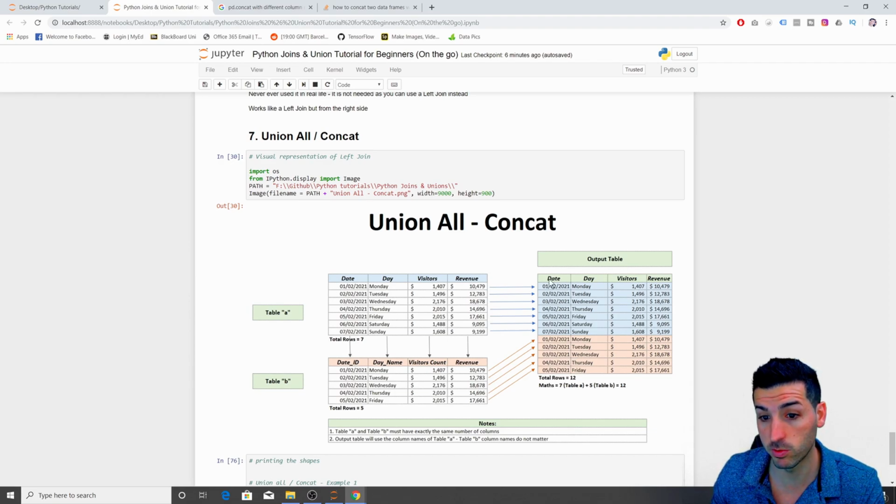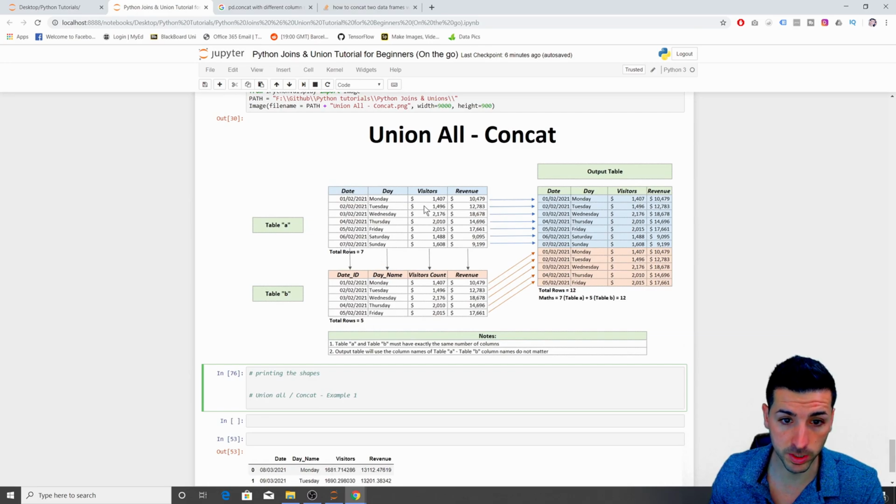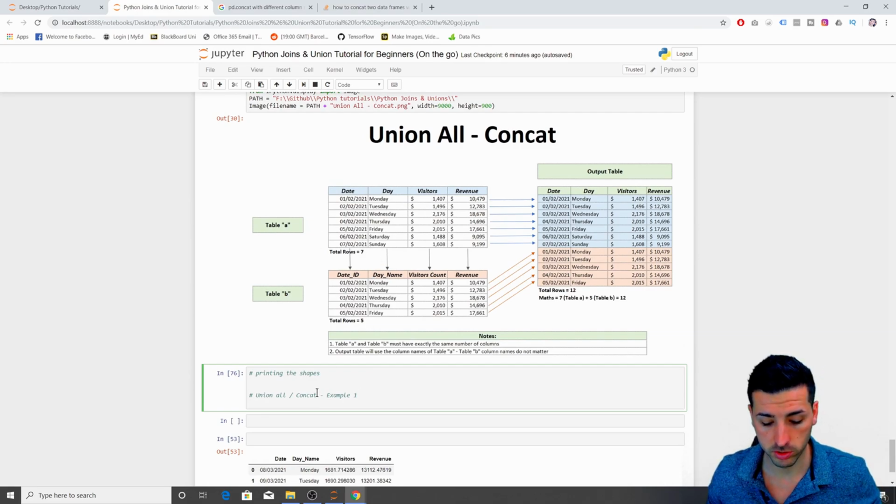In Python it was going to work fine as date, taking it from SQL, but in Python we actually need to have exactly the same column names if you want your union or concat to work. Right, so the way it works now, we need our table A and table B. So I'm just going to print the shapes of the two tables we will use, and then also visualize the